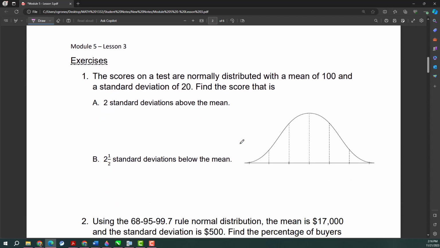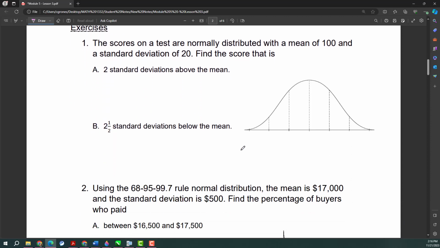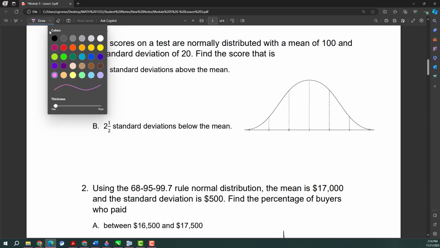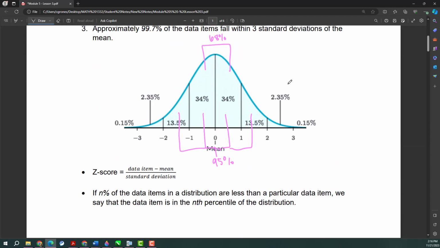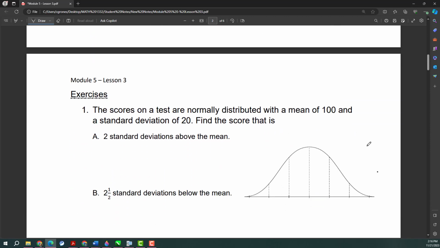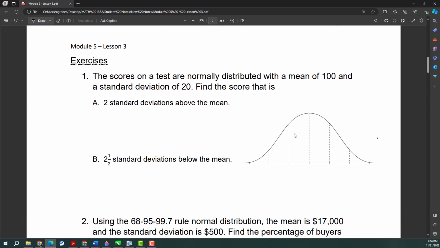All right, on exercise 1, it says the scores on a test are normally distributed with a mean of 100 and a standard deviation of 20. So we are going to fill out our bell-shaped curve. One thing that always stays the same is our percentages. So you are allowed to use this on the test. Each of these percentages are always going to stay the same. So you can start out with 34% in the middle,